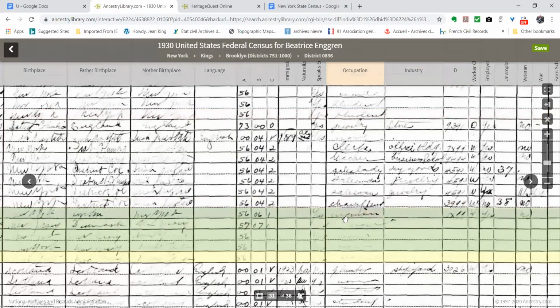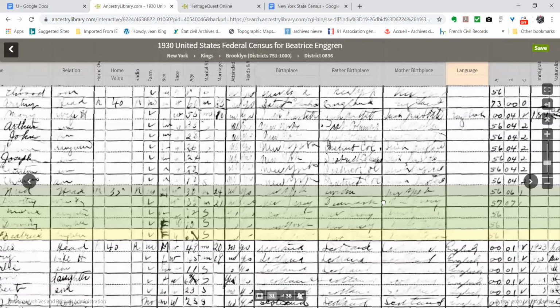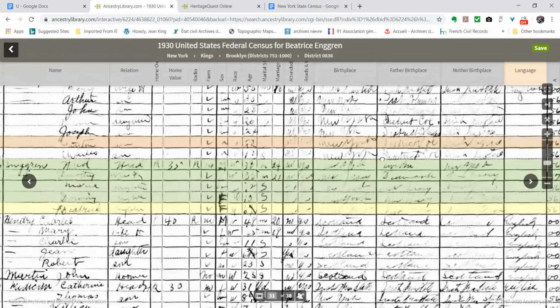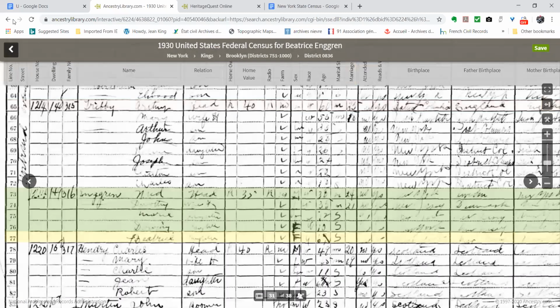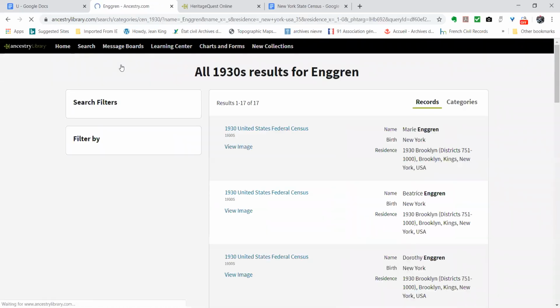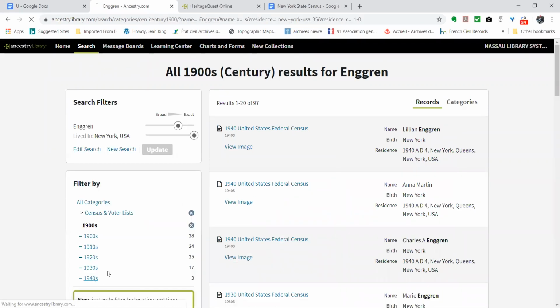Occupation, which I can't even read for them, but I think this was engineer. I don't know. It's just a big mess. So yeah, there's an example of a poorly done census. And then in 1940, our newest one,